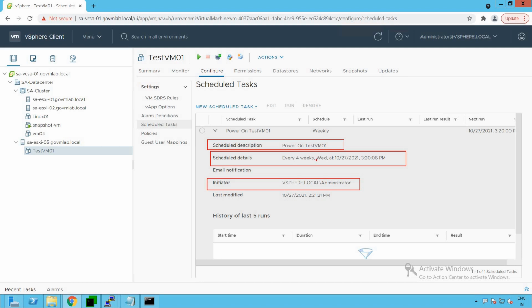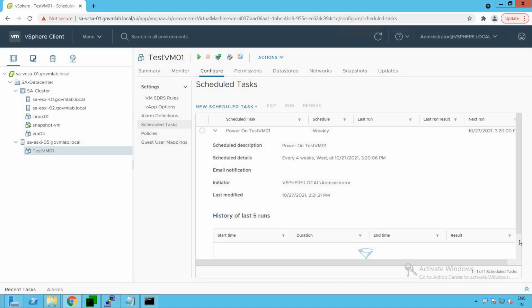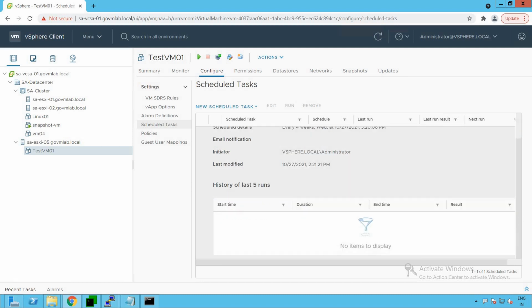So that's our administrator account, but depending on the user roles and permissions, we could also figure out which particular user has created this task and when this task was modified. And then it also gives us information about the history of the last 5 runs. So we could see the history of the last 5 runs right there in the UI.